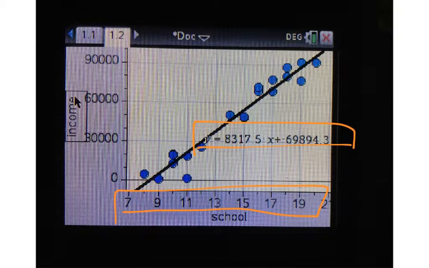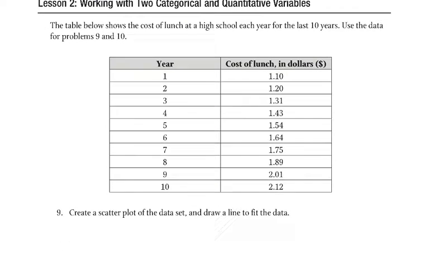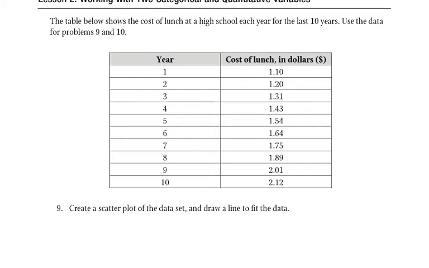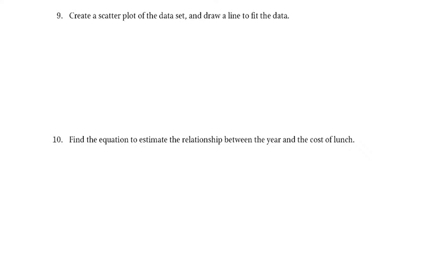Okay, so when we've got that calculator to do all the hard work for us, makes the rest of it pretty easy, isn't it? Okay, then we just have to understand how to look at it. So the year and the cost of lunch in dollars, let's see what kind of scatter plot we get, a line of best fit, and the equation. So once again, we use the calculator to do all that, and once we've got that entered into the calculator for the lists and spreadsheets, and then the data and statistics, and we choose from the list and spreadsheet, create